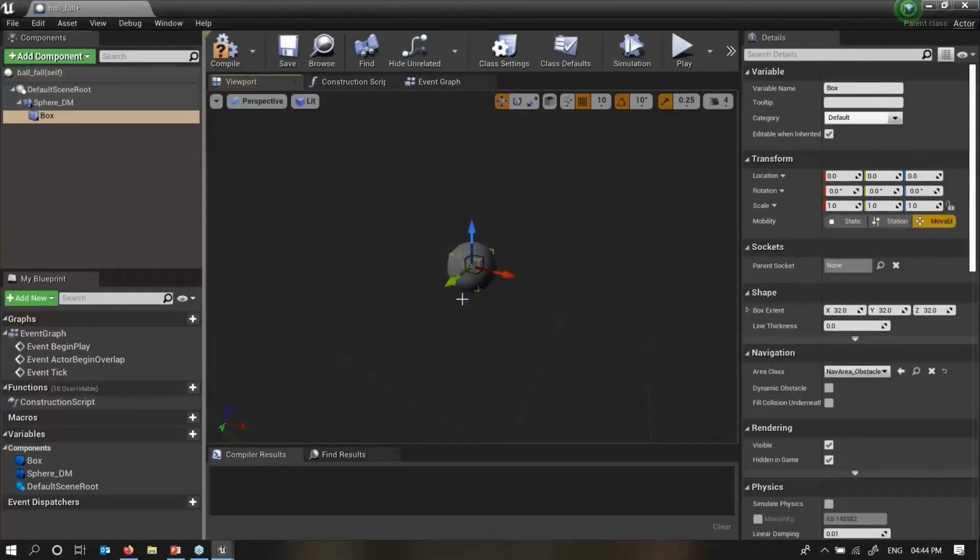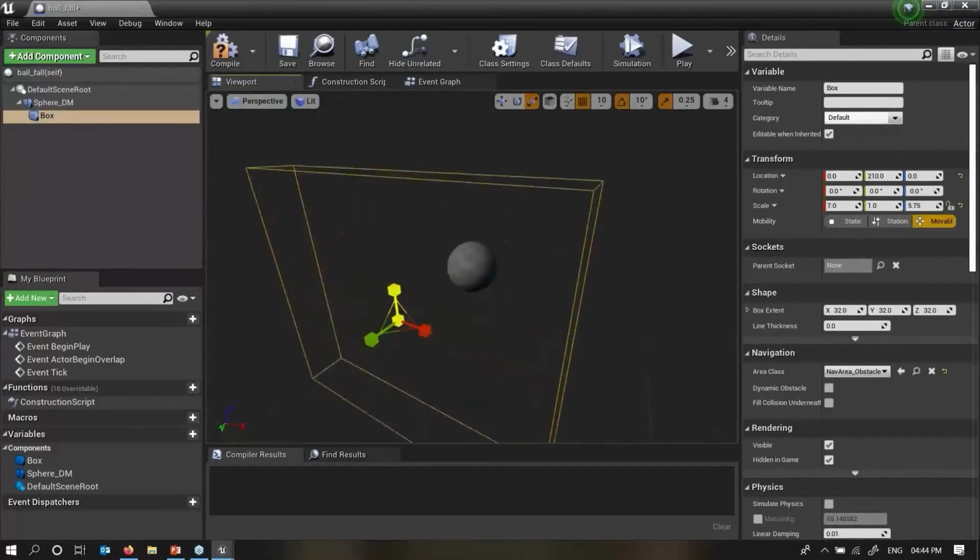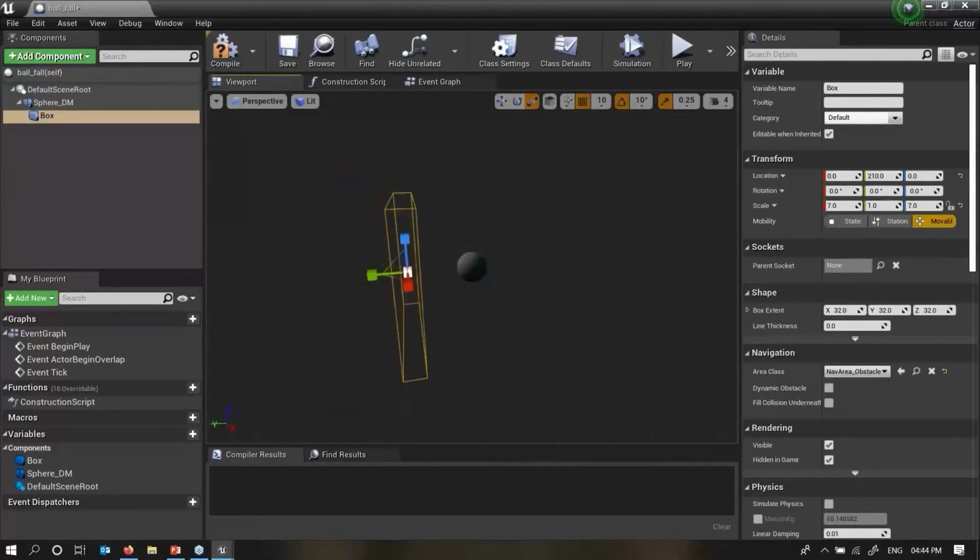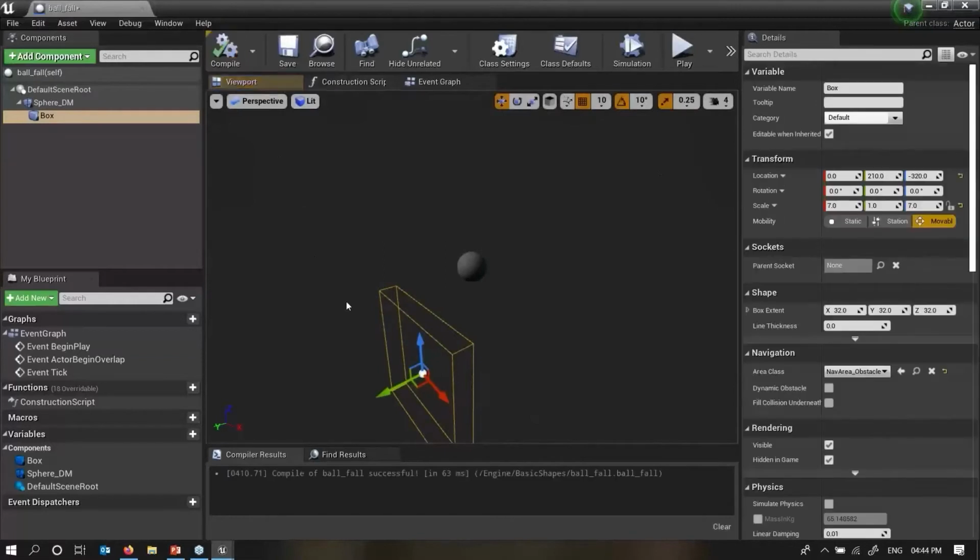Now always we need to see that this is the child of the sphere, right? I'll move this, scale it and put a little bit more scale size. If any person or any character enters into this, the ball will fall, right? Again do the compile. So this is the logic we are using for this.